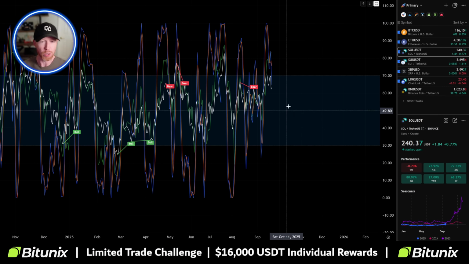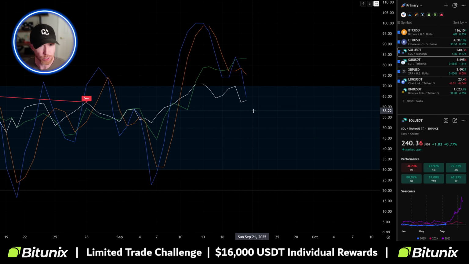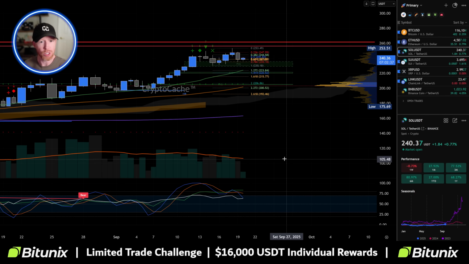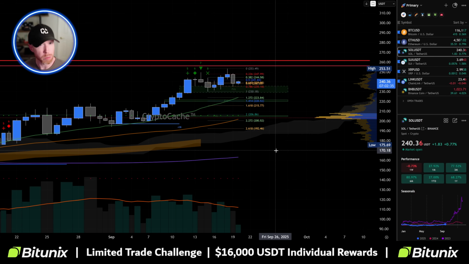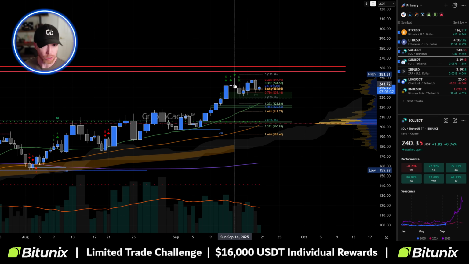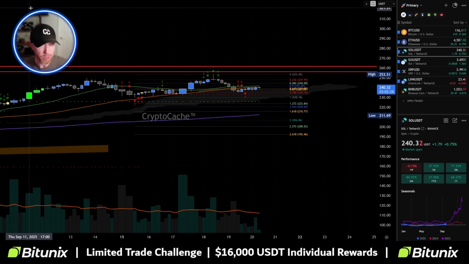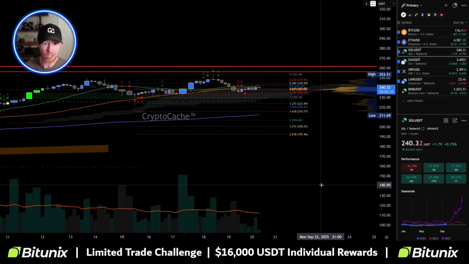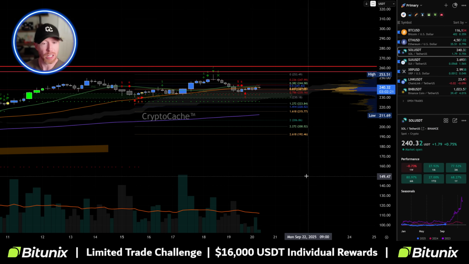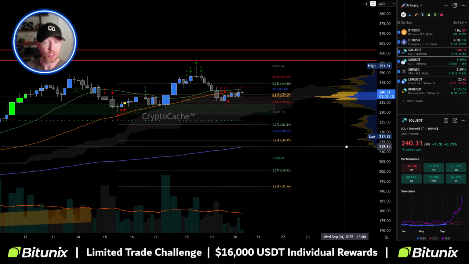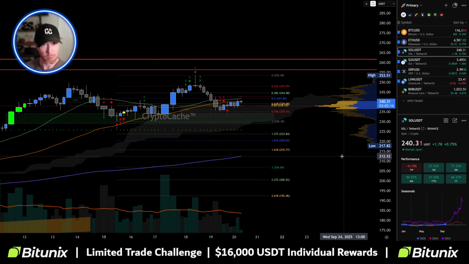All that said, though, we look here, we can overall kind of understand that we are stochastically diverging while money flow index is high, and we rejected off 70 in the RSI. Those are usually some pretty strong bullish signs here for obvious reasons. We also have consolidation in this range here, and the longer we stay in this range, the more likely we are to go higher too, though. So you got to recognize that even though we are overextended on the larger timeframes, if Bitcoin doesn't pull back to that 113K range, I think Solana is going to continue to progress overall much higher. So you got to recognize that the macro structure is still looking quite strong, albeit overextended.